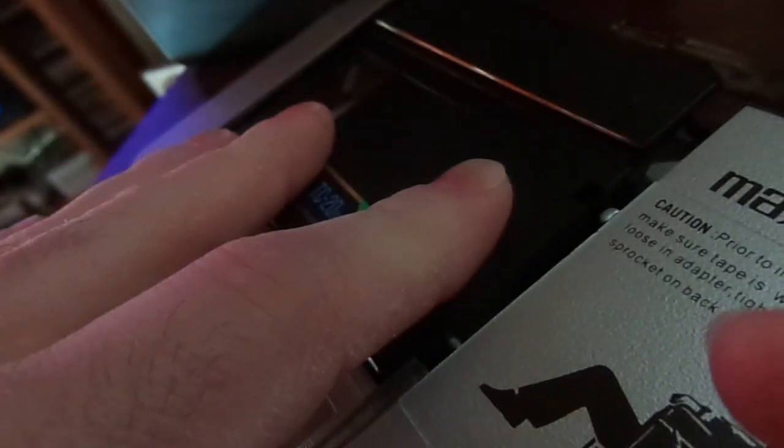We're just going to drop the tape into the cavity here. It's kind of tricky. There it goes. And you just slowly close the door, and it draws the tape out of the cartridge into a normal full-sized VHS position. There we go. I think this is like a $7 eBay special. Okay, that didn't quite...